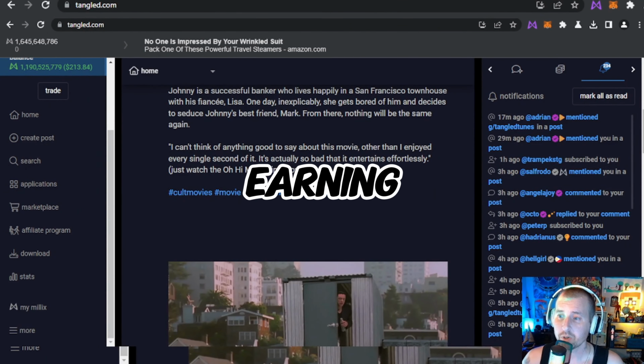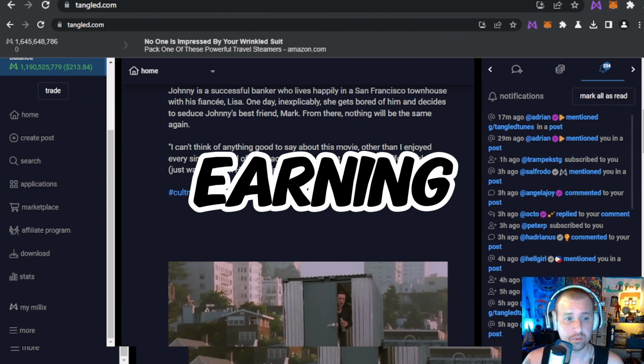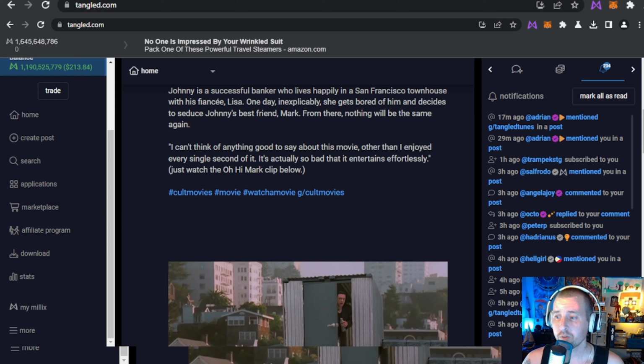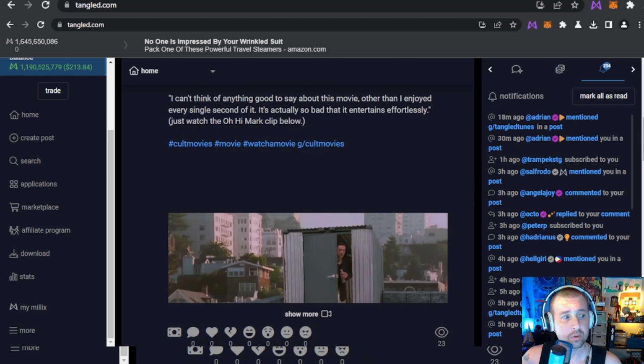In this section, we're going to go over earning with Tangled. So I've already went over earning on the social platform. I already went over earning using the browser, which I think is one of the best ways to earn. And it also helps secure the network, so the browser is going to be your best bet, and it amplifies your social earnings. So that is a plus too. But now the other things we're going to go over